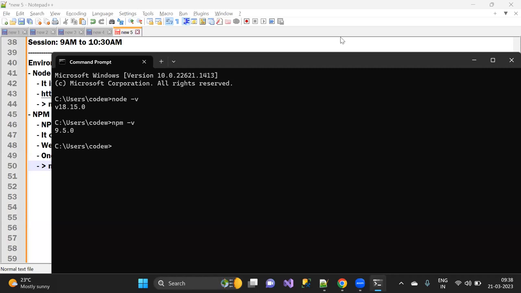Now, additionally, guys, one thing I'm telling you, if you have Node.js version 14 plus, that should be fine. In order to build that application, 14 plus version is fine. But why I'm always telling you to go with the latest one? If you can learn something latest here, once you join the company, you never feel like that is